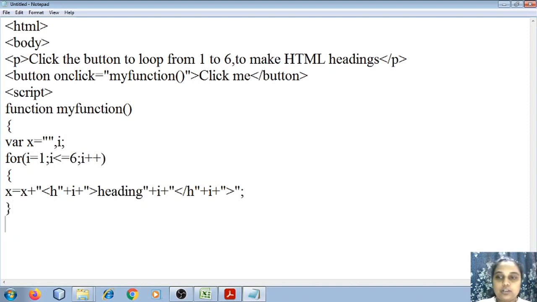So what I've done, x is equal to x plus, I've used the concatenation operator.